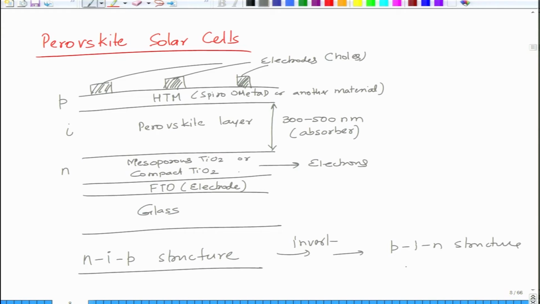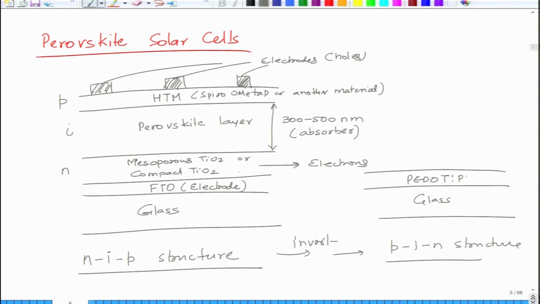Okay. So, you basically start counting from the glass side. From the glass side, if N is first, then it is NIP structure, if it is P first, then it is PIN structure. So, this other structure would be glass, it could be the second layer of PEDOT:PSS, which is a P type material. So, this is P. So, of course, you will have a FTO here or ITO, in this case ITO, which is TCO, right. Then we have perovskite,